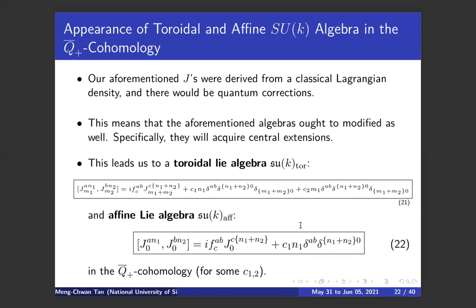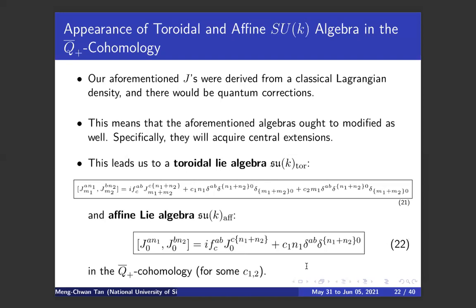And very nicely again, when you let the M index go to 0, because that's the conformal dimension 0 case of the L0 operator, you see that it just becomes this one here. Excuse me. If you replace the group with more general ones, do you still get the toroidal Lie algebra and affine Lie algebra?